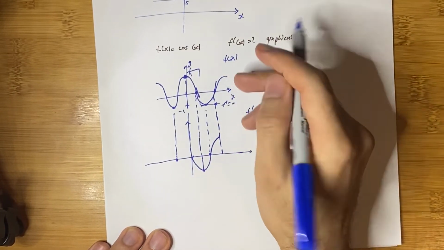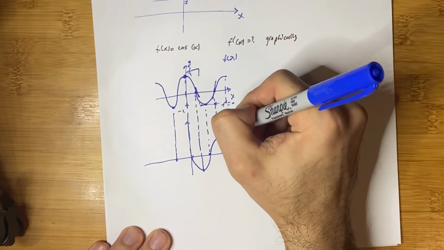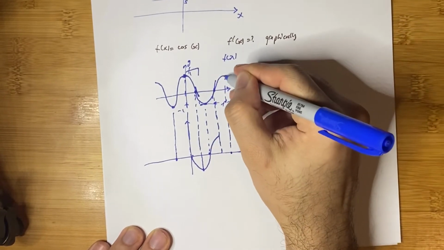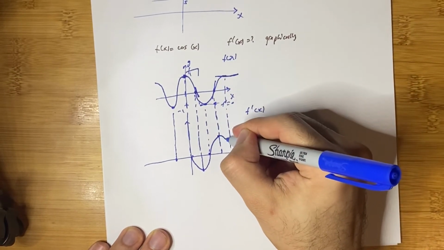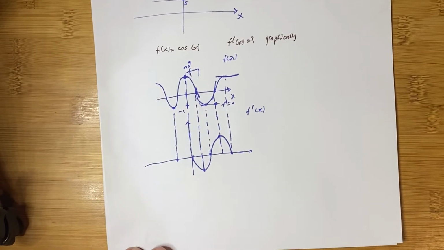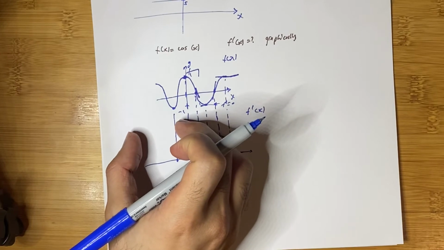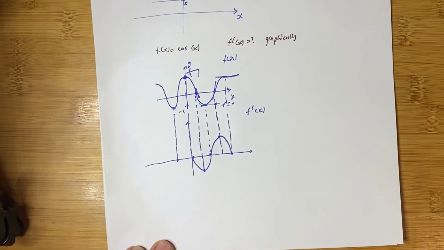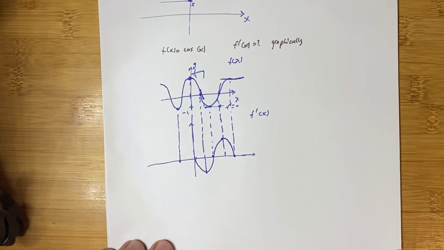And then again, here we'll reach a horizontal slope, which translates to the derivative being 0. And also, you can do the same thing to this part of cosine of x. But since this function is symmetric, what we can do is